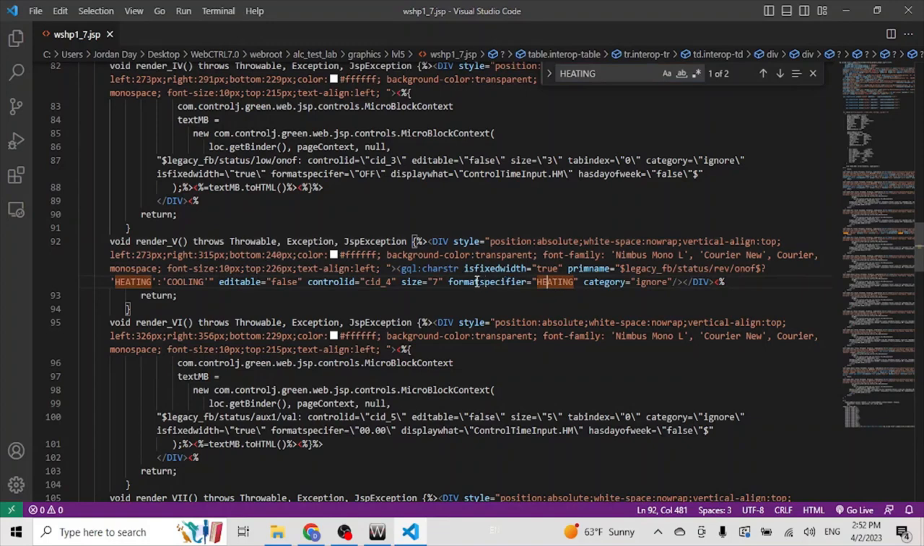Right here at the format specifier. And then before this, right here where it says legacy, function block, status, reverse, on, off. These words heating and cooling are where that text on the graphic is derived from. So I could change these 2 words to anything and it would oscillate between those 2. So if the old water source heat pump energized in heat, like an old McQuay or something, we want to put on in place of heating